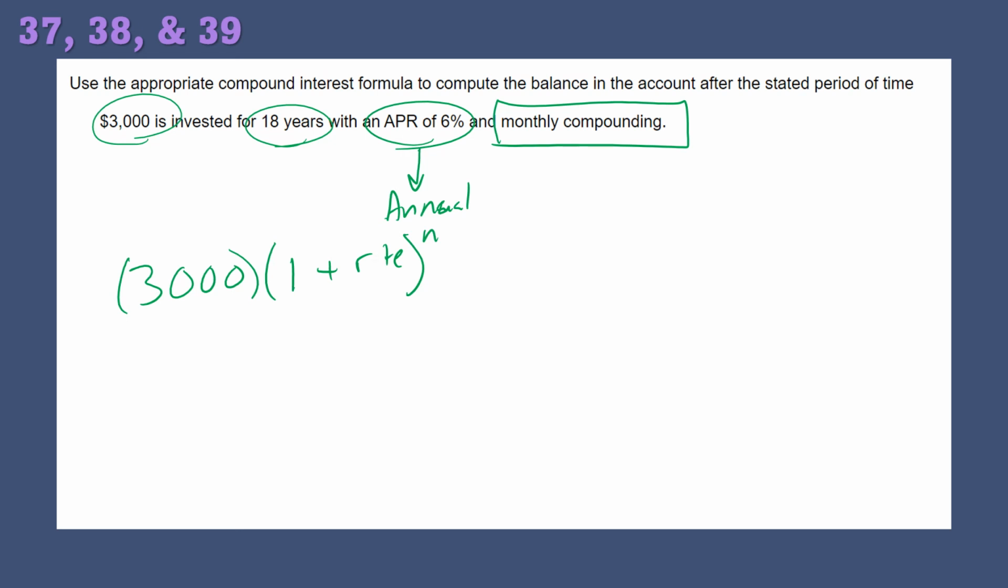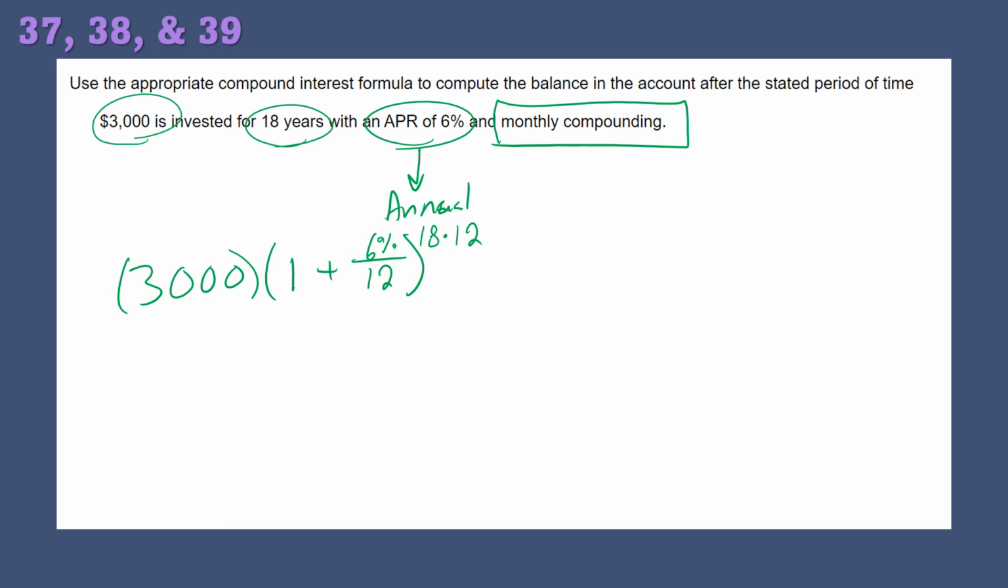So we're going to take that 6%, which is annual, and we have to divide it by however many months there are. How many months are in a year? There are 12 months in a year. And then up top, we need to raise it to however many months we have. So rather than just writing 18, we're going to write 18 times 12. Because we have to account for the fact that we're going to calculate interest not 18 times, but 18 times